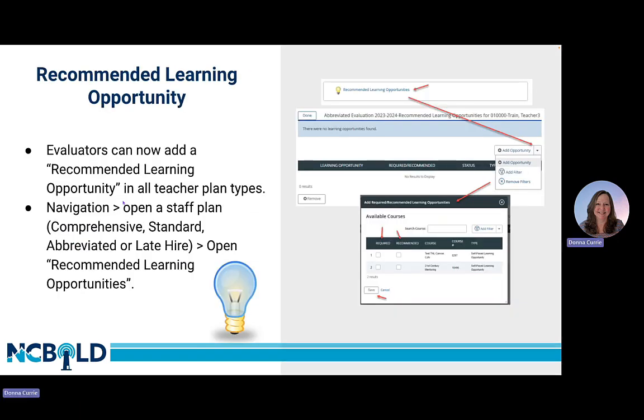Also, when you are in a teacher's plan, you will see at the very bottom of that plan type the light bulb moment. And that light bulb allows you to recommend learning opportunities. So you can recommend learning opportunities, and that is going to be in the comprehensive, standard, abbreviated, or lit higher